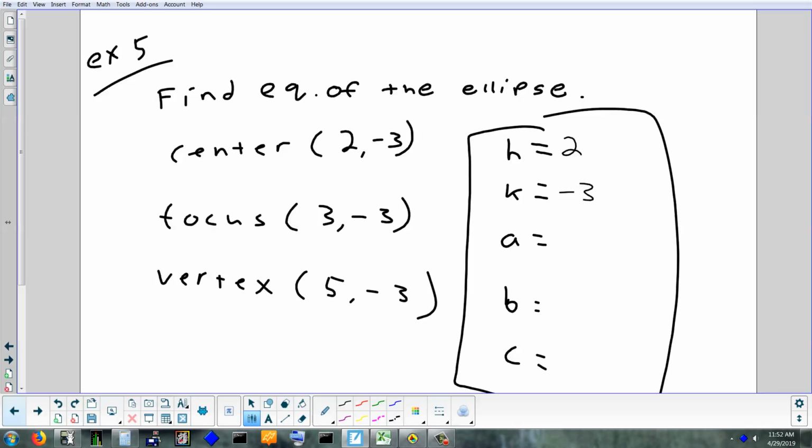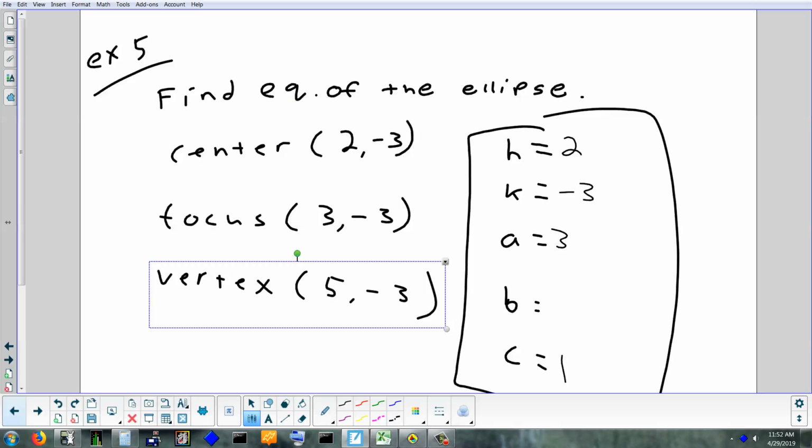What's the distance between the center and the vertex? 3. Center to vertex is 3. So that's 3. Center to focus is 2? No, that's not 2 either. I don't think 2 is going to come up here. What's the center to the focus? 1. Okay, so that's great. You got A and C, but the letters you really need to write the equation are